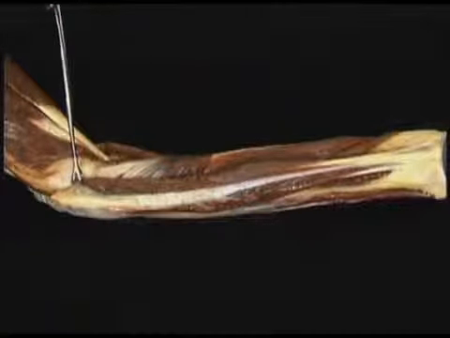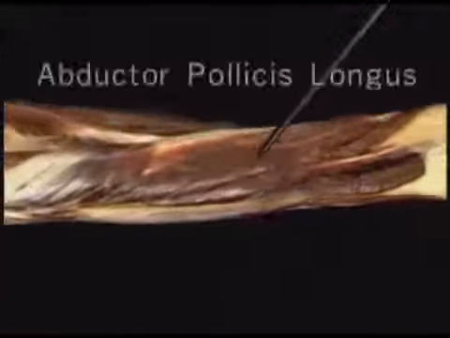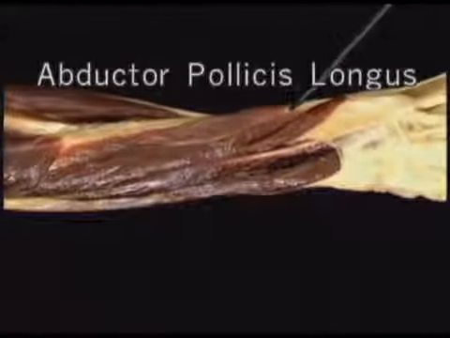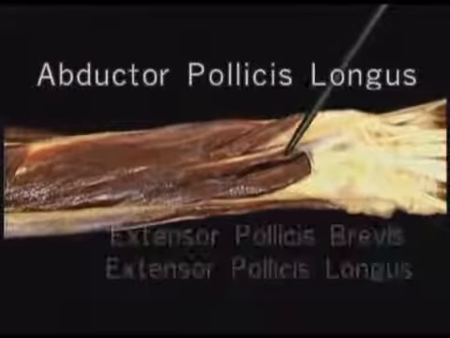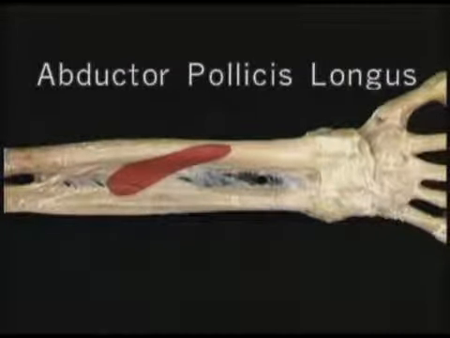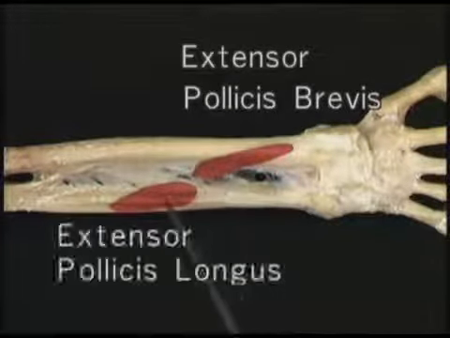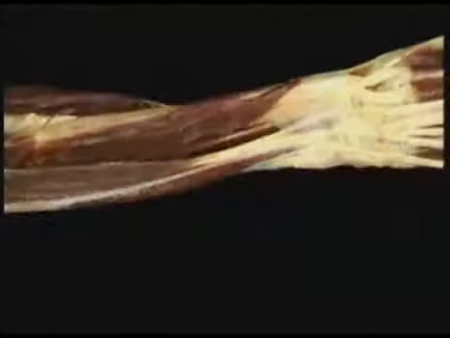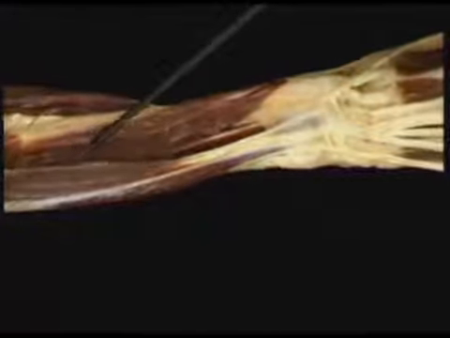The other three long thumb muscles lie on the extensor aspect of the forearm. They lie deep to extensor digitorum, which we'll remove. This is the long abductor, abductor pollicis longus, and these are the extensors, extensor pollicis brevis and longus. The abductor arises from the radius here and also from the interosseous membrane. The two extensors arise a little more distally, the short one here, the long one here. Now we'll put extensor digitorum back in the picture. Here it is. The three thumb muscles emerge obliquely from